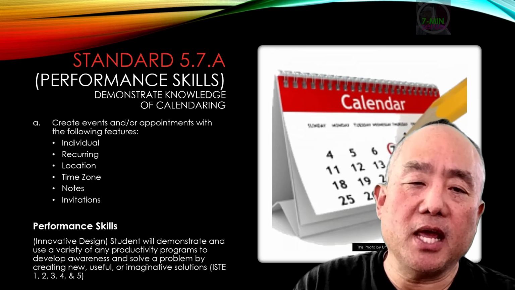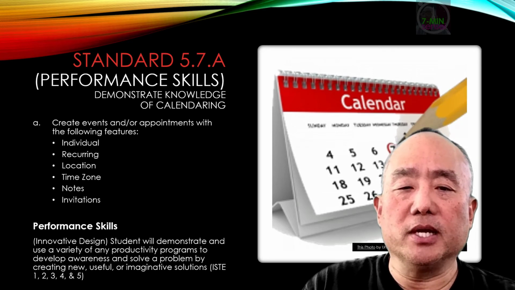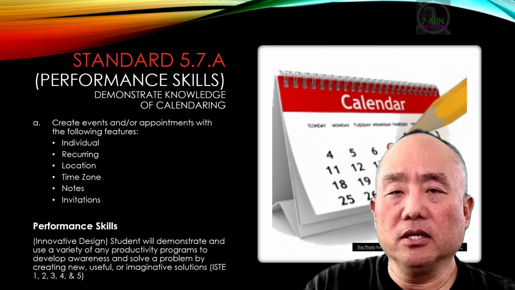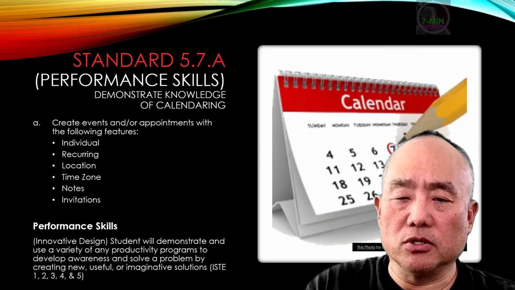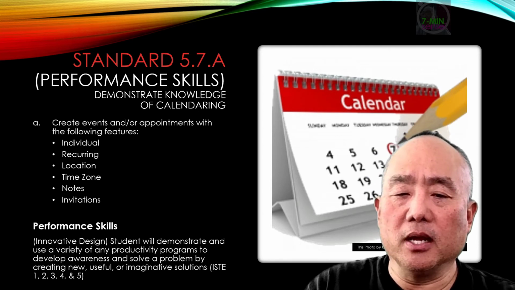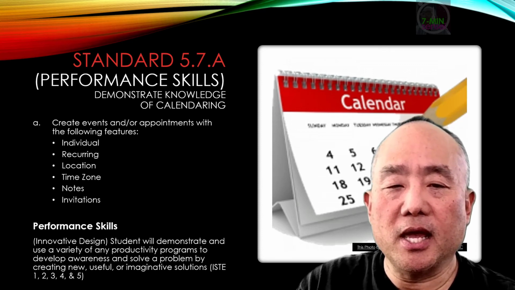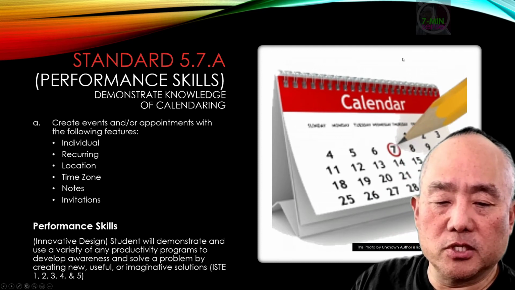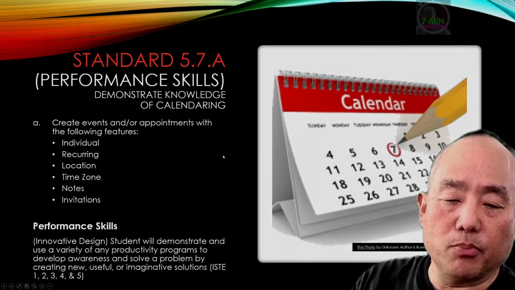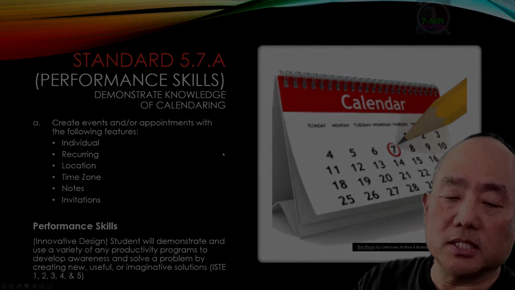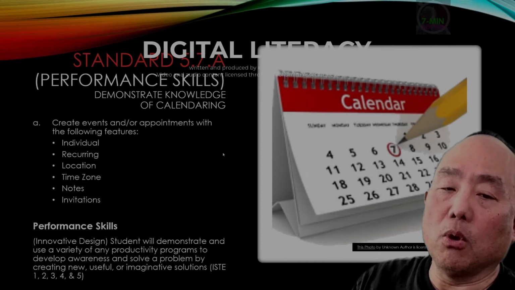In 5.7a, these are, once again, performance skills. You'll demonstrate the knowledge of calendaring. You'll create a calendar event with appointments and the following features: individual, recurring, location, time zone, notes, invitations. And using your performance skills, you'll demonstrate and use a variety of productivity programs to develop awareness and solve problems by creating new, useful, or imaginative